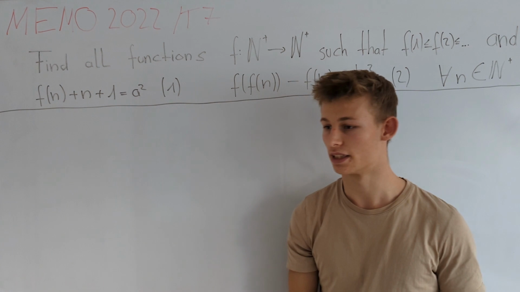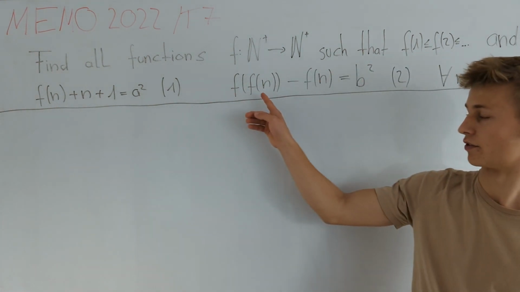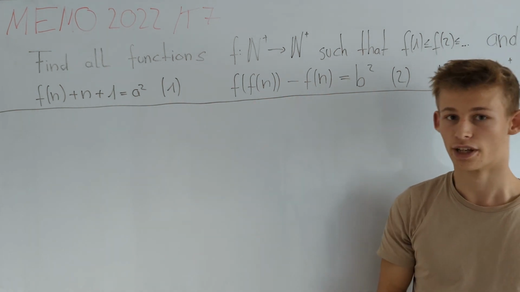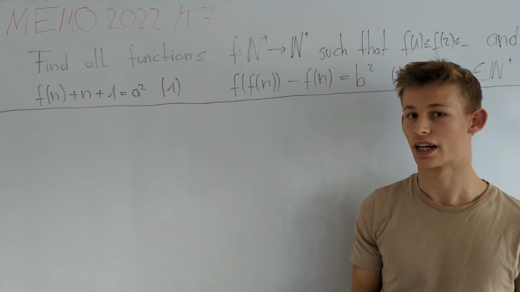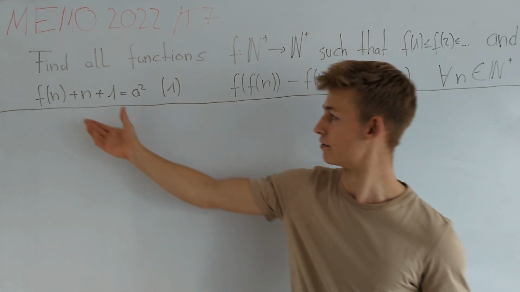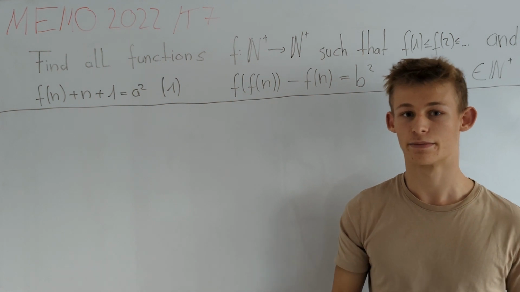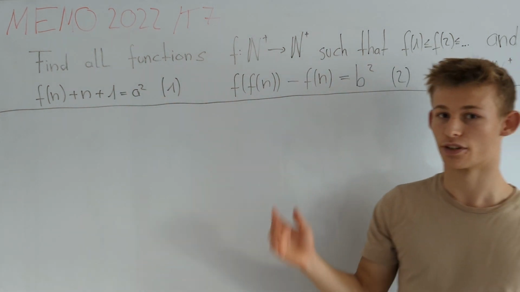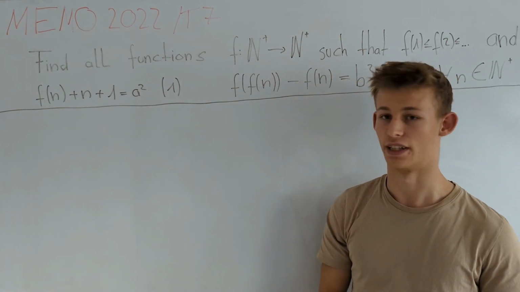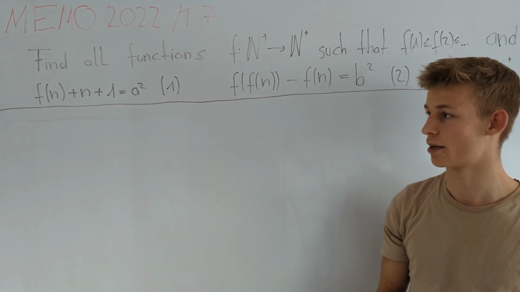The main difficulty in this problem is to deal with these f(n) terms in our two equations, because it's very hard to say how large these terms are, and therefore we can't really say something about if these terms are perfect squares or not. Thus, the idea is to combine these two equations and to get rid of some of these f(n) terms. So, if we have a closer look at these two equations, we can come up with the idea to